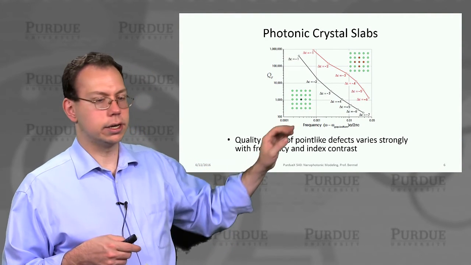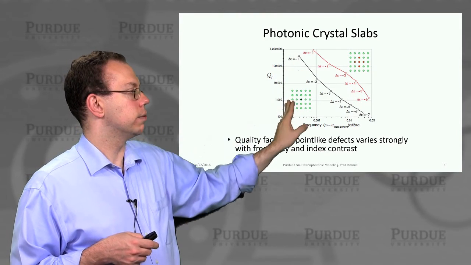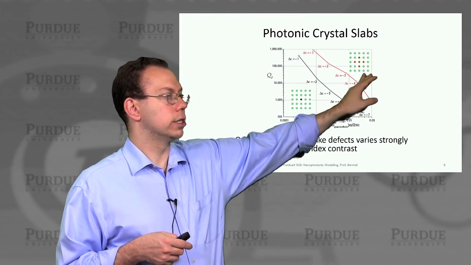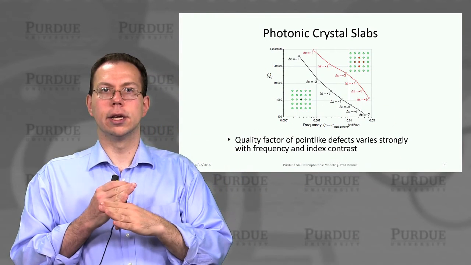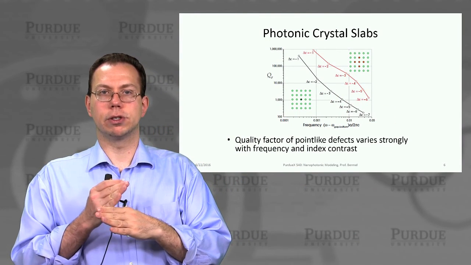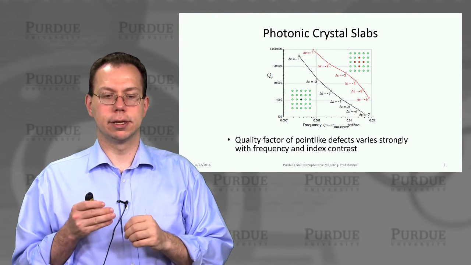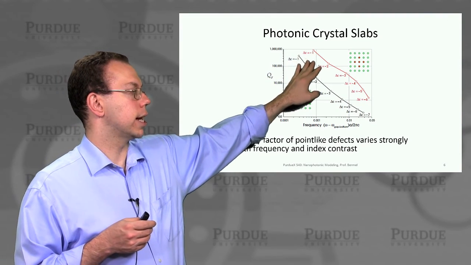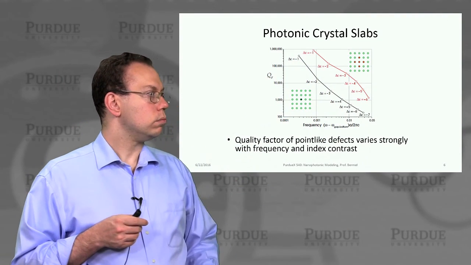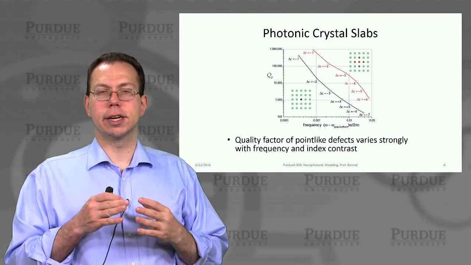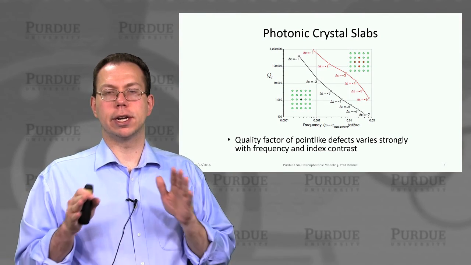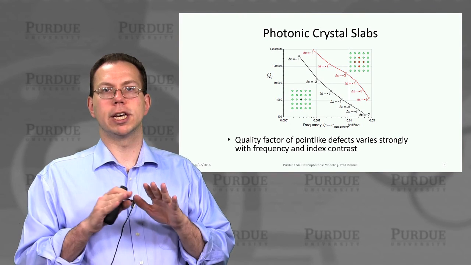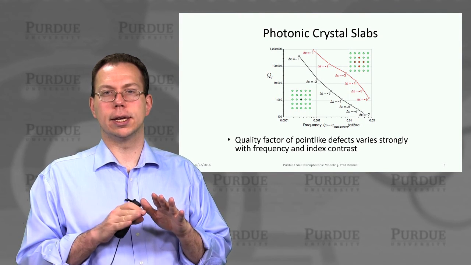And you can actually see there are two types of point-like defects, one in which you just have a single point, and one in which you have an array of points which create a little cross, with 3 rods in both directions, right? So a total of 5 rods. And the quality factor for this larger structure is actually bigger. And the reason is basically that when you have less mode confinement, you can have a higher quality factor. So that's a general rule, because it actually looks more like an index-guided mode.